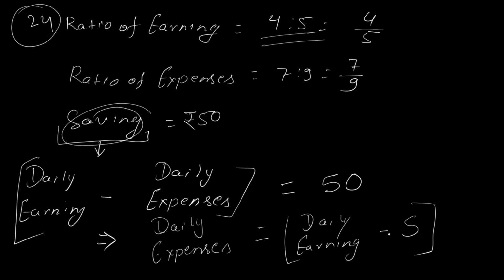देखो यहाँ पे कोई कंफ्यूजन नहीं होना चाहिए. क्योंकि सर इसी पे आधारित है बाकी का सॉल्यूशन. डेली एक्सपेंसेस इक्वल टू डेली अर्निंग माइनस 50. सो डेली एक्सपेंसेस ऑफ अ पर्सन x, डेली एक्सपेंसेस ऑफ फर्स्ट पर्सन x minus 50 and second person y minus 50. यहाँ तक कोई डाउट? नो सर. ओके बेटा, that's all.